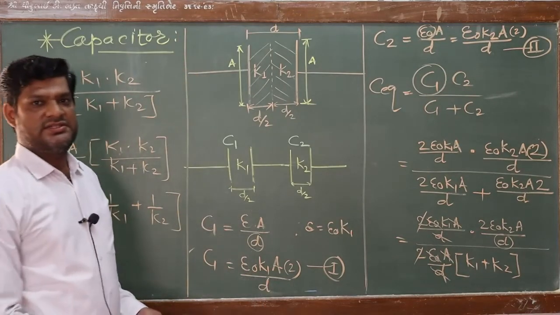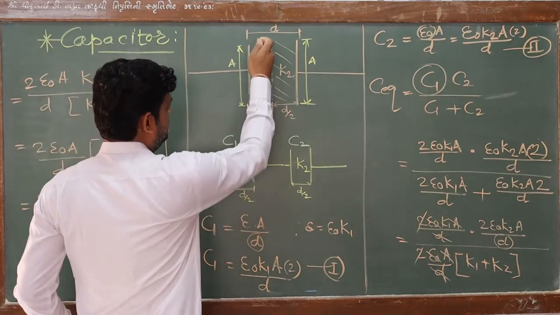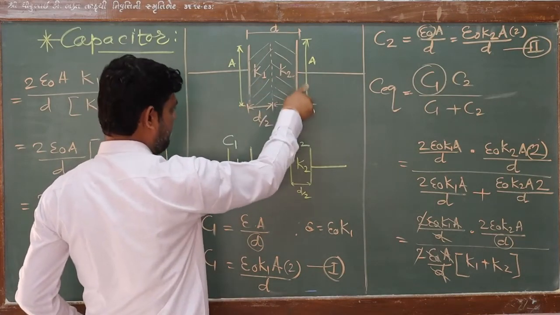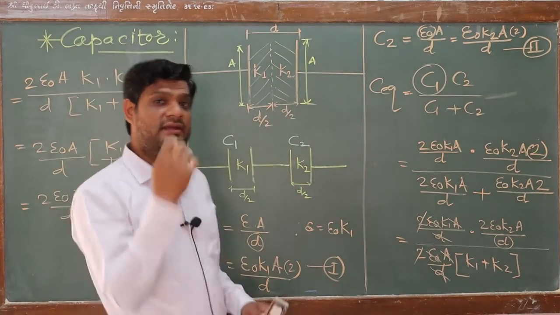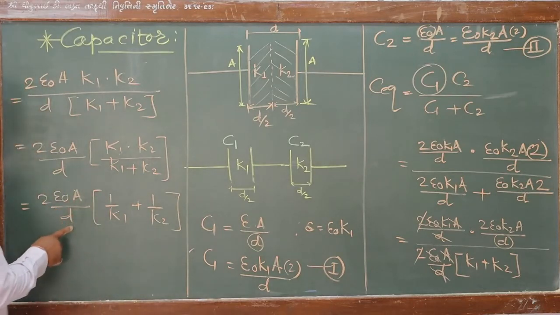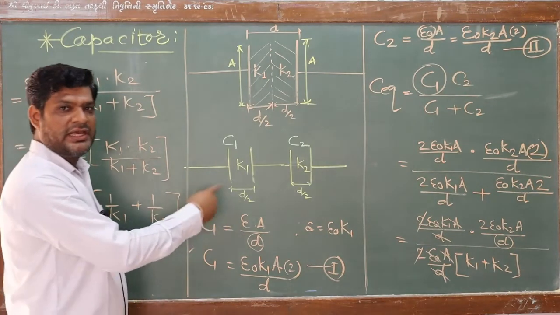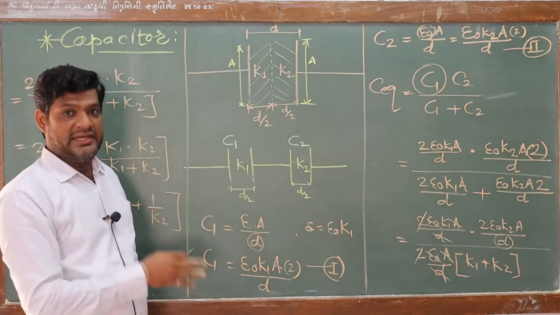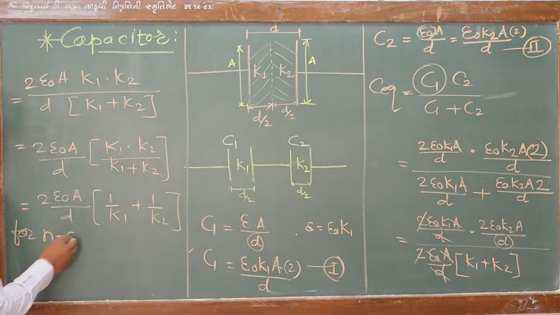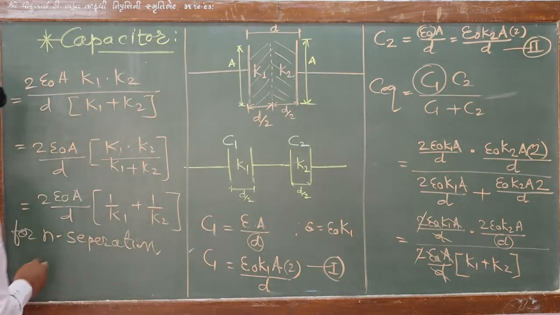Now the question arises, what will happen if we have a number of separations, instead of k1, k2, we have k3, k4, k5 up to kn? What will we do? So here simply 2 epsilon 0 A by D times 1 by k1 plus 1 by k2 plus 1 by k3 plus 1 by k4 up to 1 by kn we can write, for the n separations. Generalizing this equation we can write